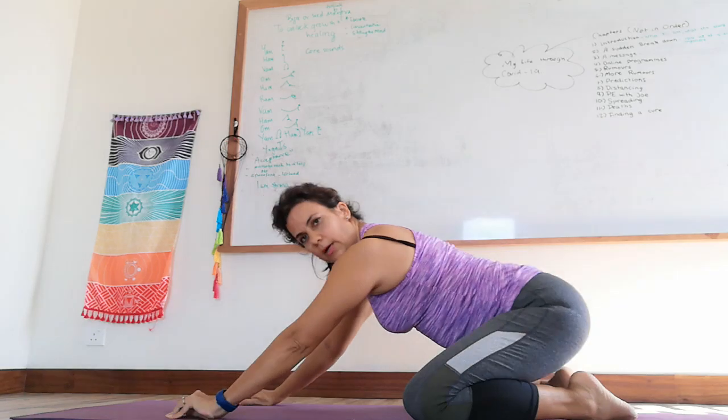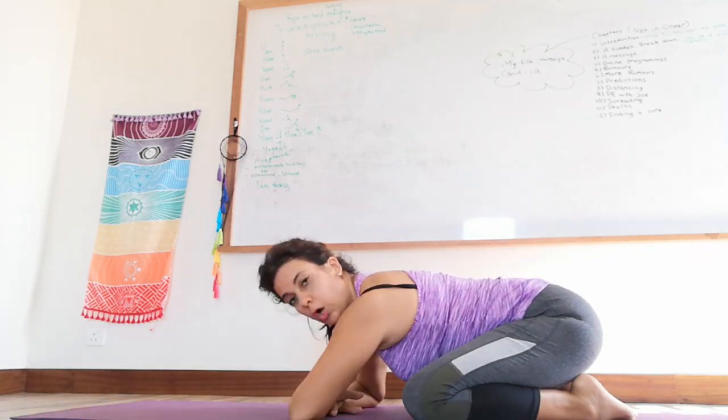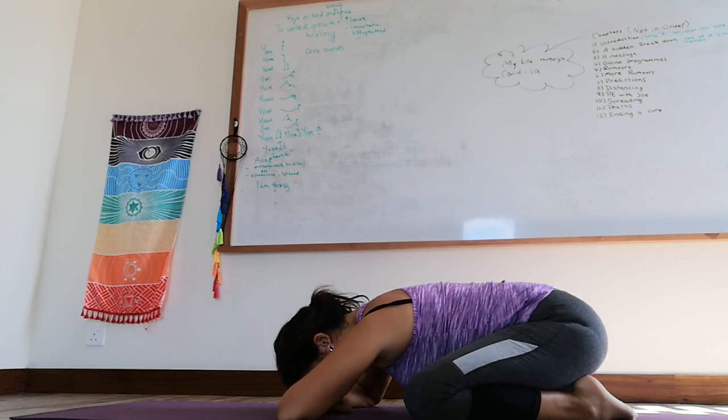So it's very nice to rest with the knees wide if possible. So take them as wide as your mat. Your head is coming on top of the folded hands under your forehead. So just take a few breaths here. Just acknowledge that you need this time of quiet, resting, just to come back to the breath, feel the breath